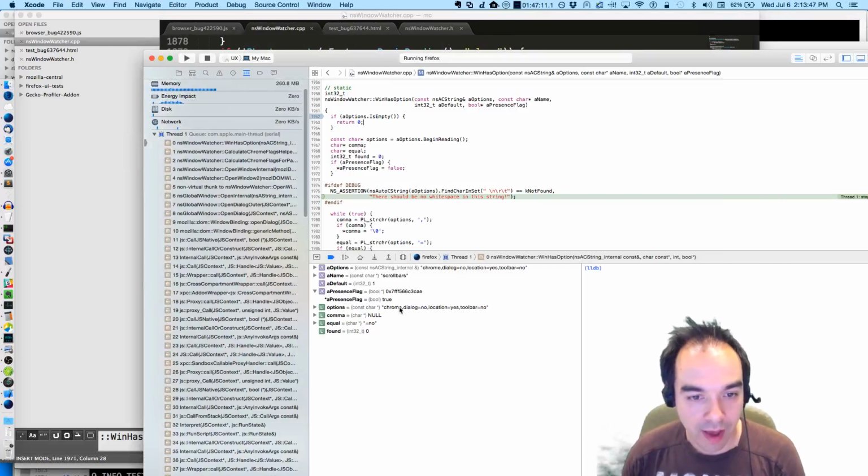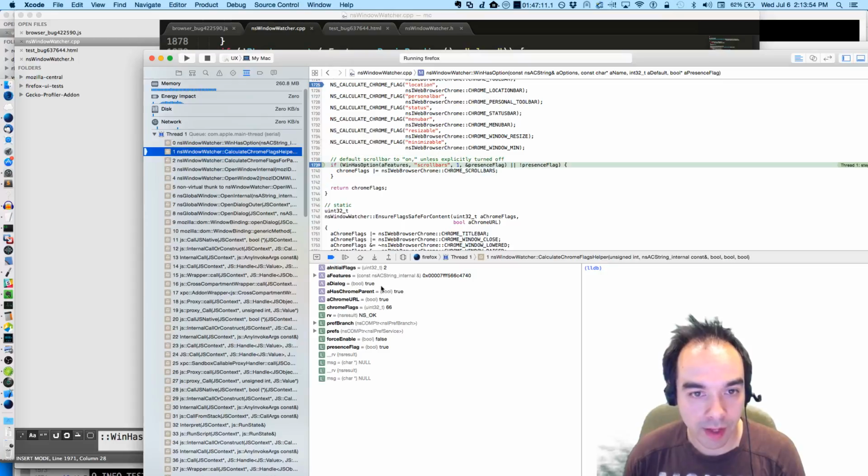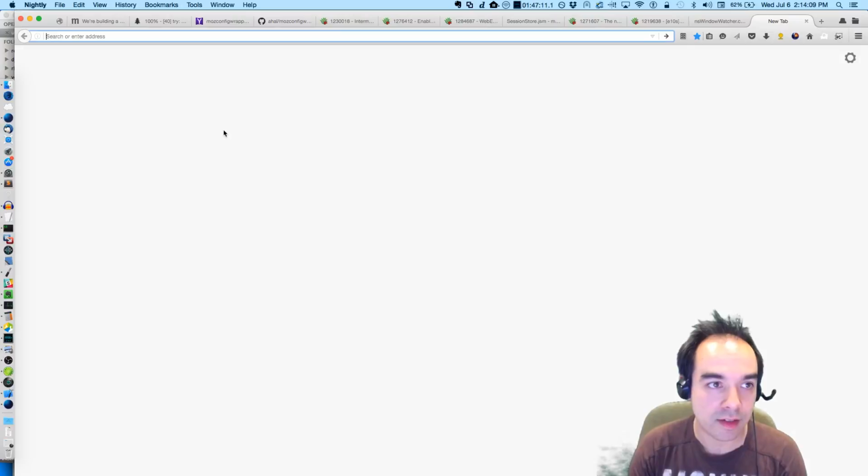At this point, when we go back to calculate Chrome flags helper, we've got a Chrome flags of 66, and that's what's going to get returned. Whoa, Xcode, calm yourself. And a Chrome flags of 66, I mean,